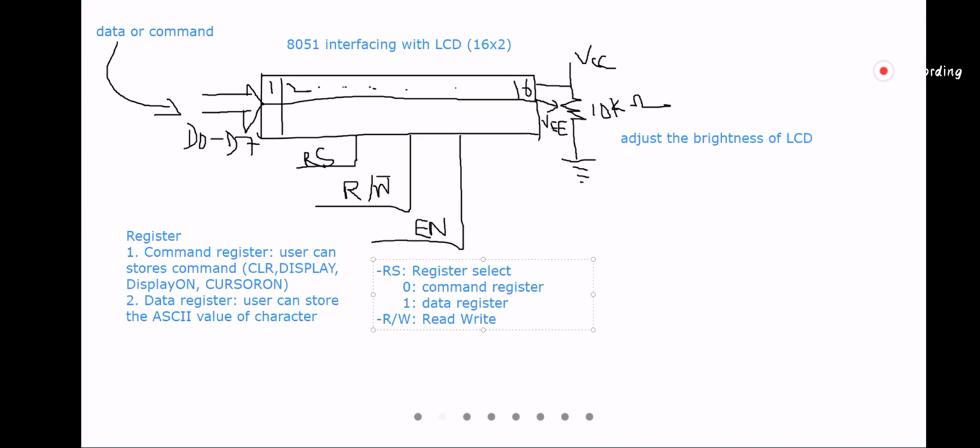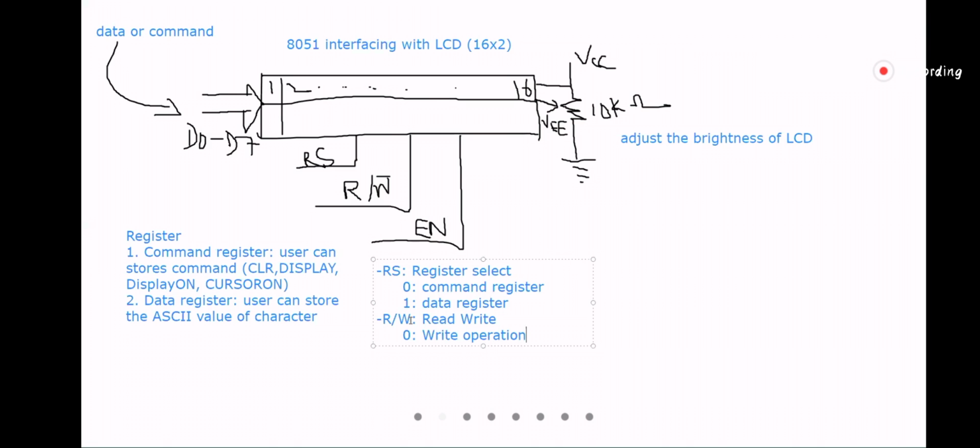If it is 0, it is a write operation. That means we will be writing a command or data in the register of the LCD.